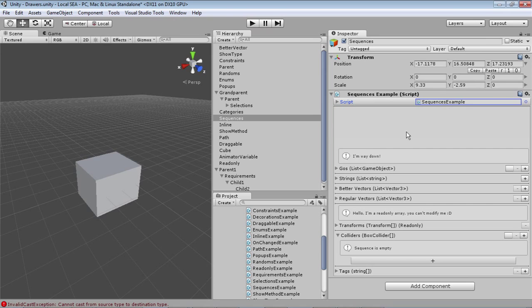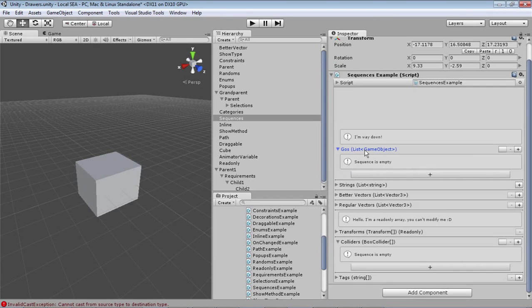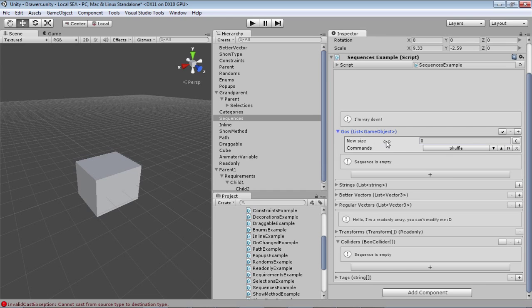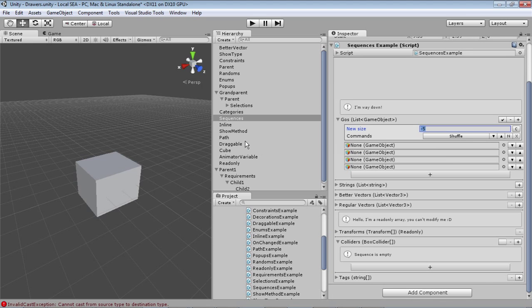So here, notice this is the white space, and I'm way down. And what does advanced do? If I check advanced, basically I get a bunch of buttons and controls. I get a new size, shuffle, shift, filter, null, and clear. So if I add a few game objects,